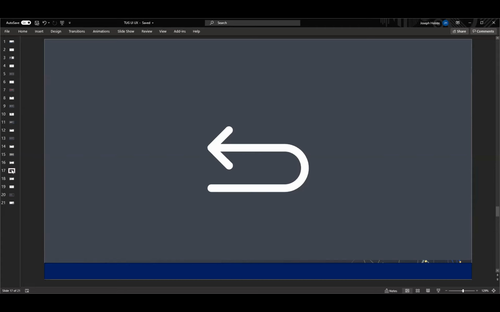Why? Well, there's no particular reason it should be in the top left, except that everyone spends their time in web browsers where the back arrow, in Internet Explorer and Chrome and Microsoft Edge and Firefox, is in the top left. The only major web browser I can't speak to is Safari, but I'm pretty sure even in Safari, top left corner, that's where the back arrow is going to be.